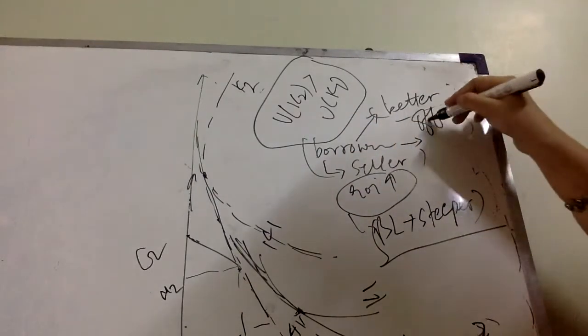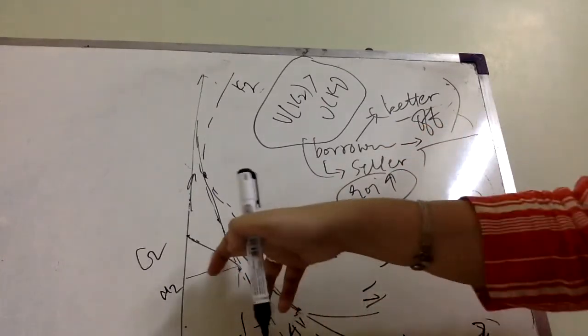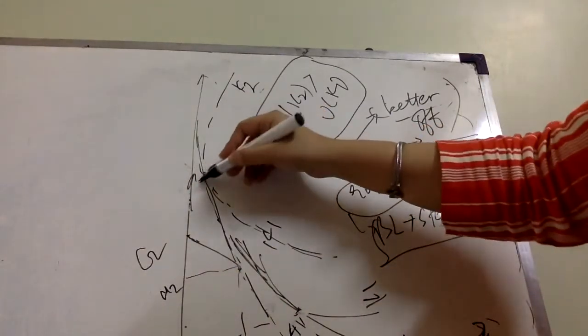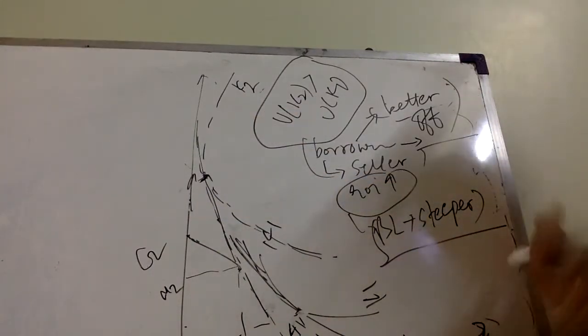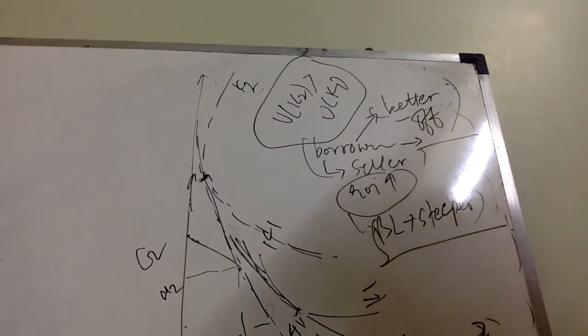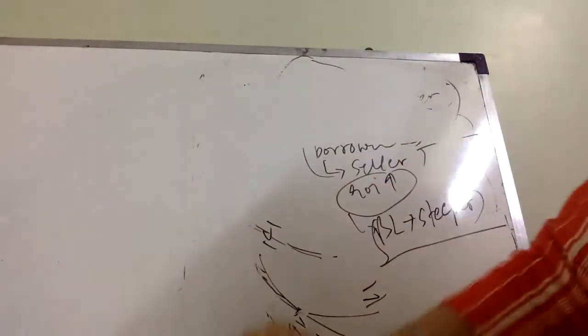So as I move from being a borrower to being a supplier, here my IC is at a higher utility level, which means that I would be strictly better off if I switch from being a borrower to being a supplier. That's how a comparative study is made and we can understand various cases. Another case I will discuss is when initially he is a supplier and the rate of interest changes, how does the analysis change?